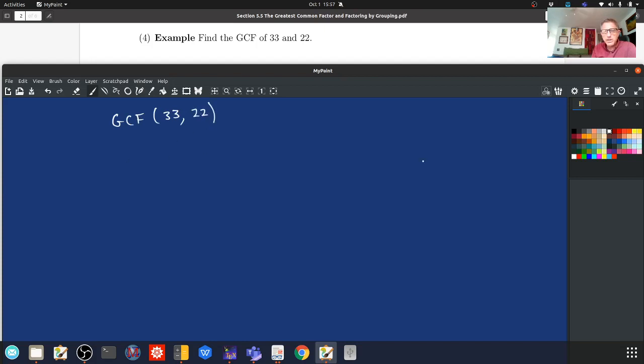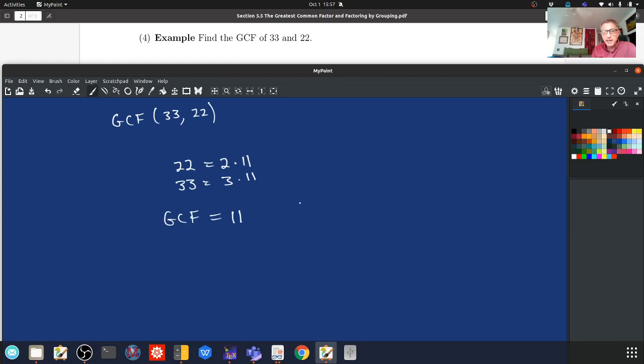Well, let's do it another way. 22 is equal to 2 times 11. 2 is prime and so is 11. 33 is equal to 3 times 11. So what common factor do they share? They share a common factor of 11, so I ignore the 2 and 3. And what's the smallest power of those 11s? Well, they both have a power of 1, so it's 11 to the first power,